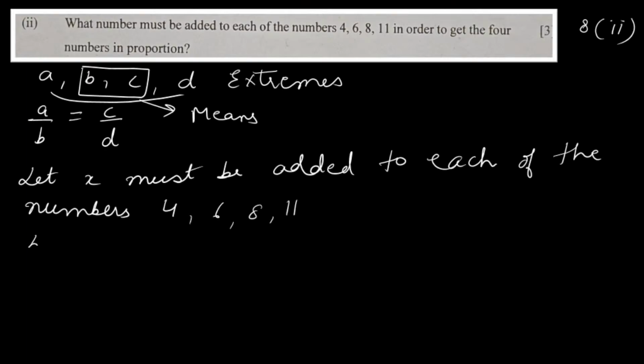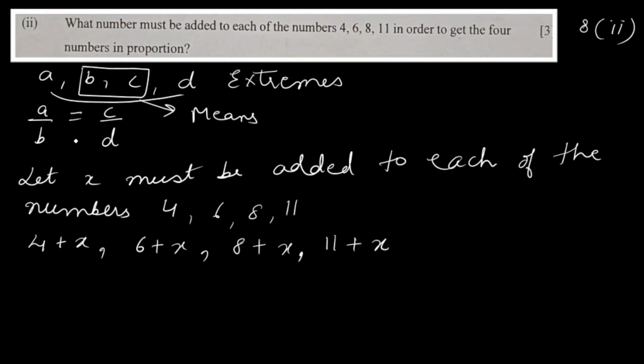Then I'll get the numbers 4 plus x, 6 plus x, 8 plus x and 11 plus x. Now if I am adding x, the numbers are proportional to each other. That means this formula I can use: product of means is equal to